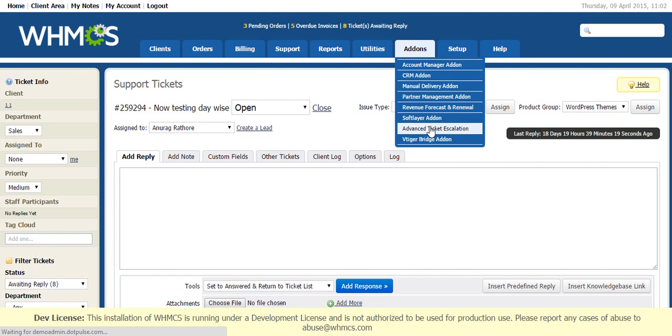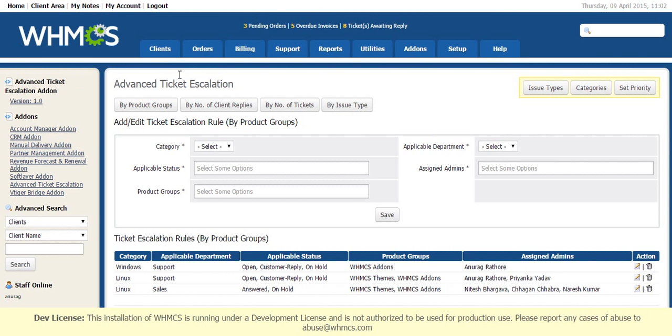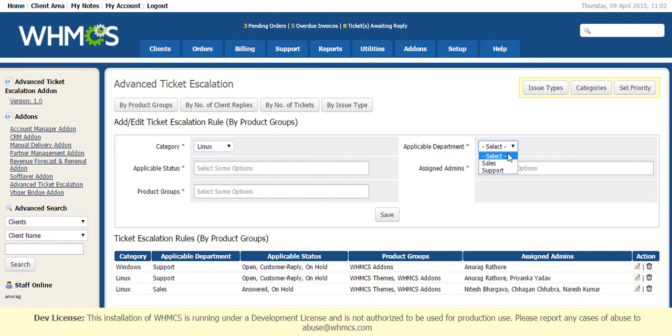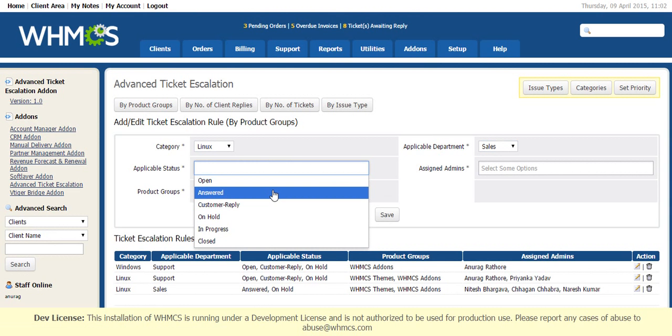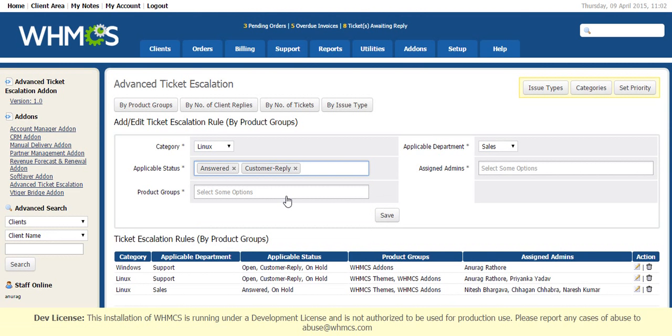Now again go back to advanced ticket escalation and create some rules. First of all, we create the by product groups rule. You can choose a category, choose a department for which that rule will apply, and choose some applicable statuses of the ticket for which this rule will apply, if the ticket comes in one of these statuses.